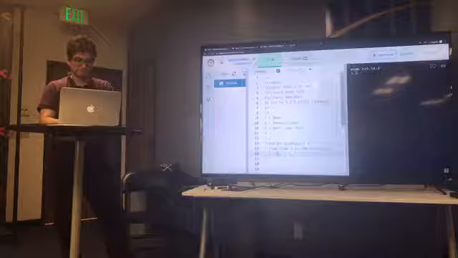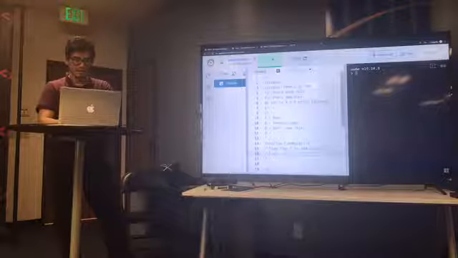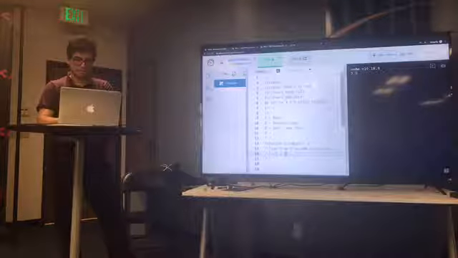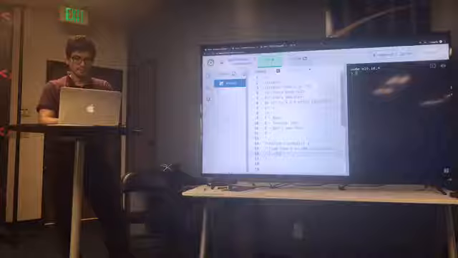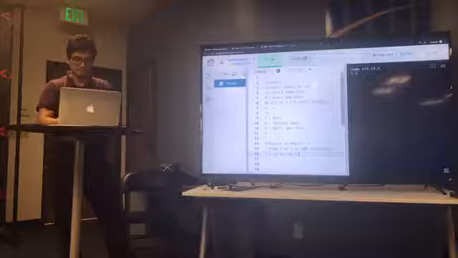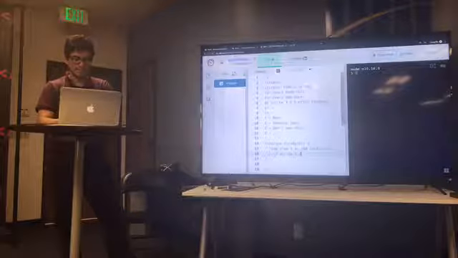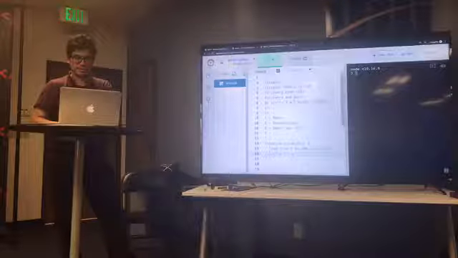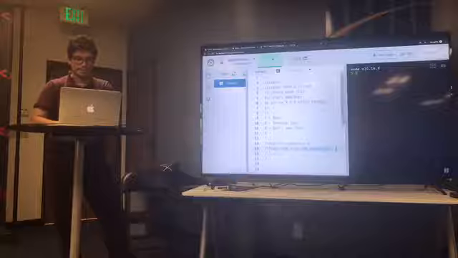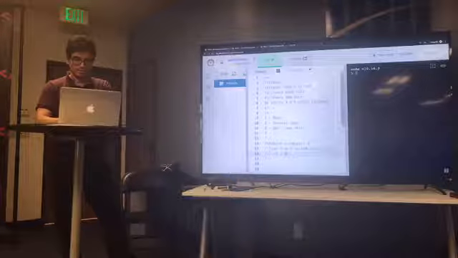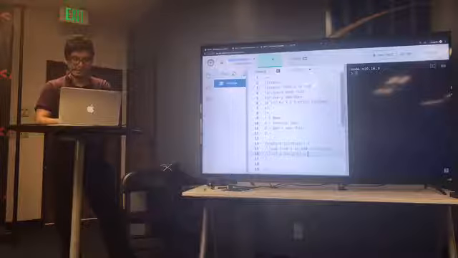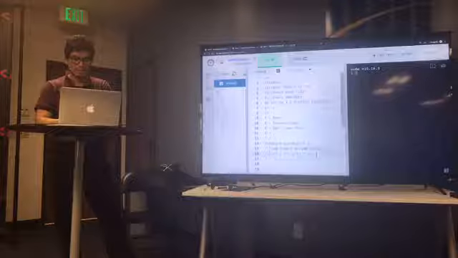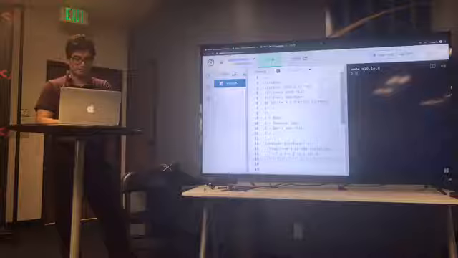And if it's divisible by 3 and 5, so because I'm gonna use I as my iterator, if I equals 3, or if I equals 5, then FizzBuzz.